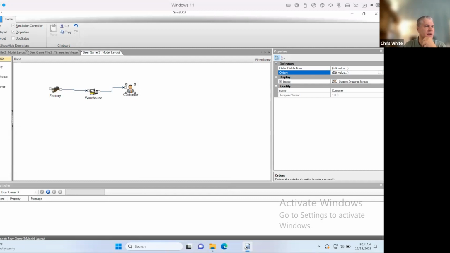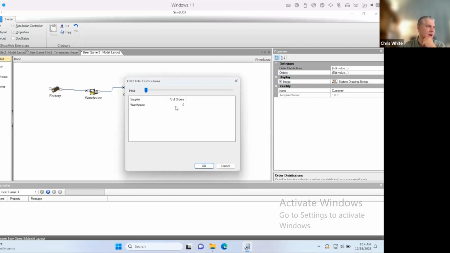And now the other thing I would do here is simply say, where am I getting my orders from? And I'm getting 100% of my orders from the warehouse. That's the only thing I'm connected to. If I was connected to 5 other warehouses or factories, we'd see them all listed here, and I'd break out my percentage of orders for each of them. I'm only connected to 1 here, but you also notice there's this slider bar. So through the simulation, I can make changes. I can go from 25% to one supplier, 75% to a second one, and then halfway through the simulation, switch those and show the adjustment time, how everything adjusts to that change.